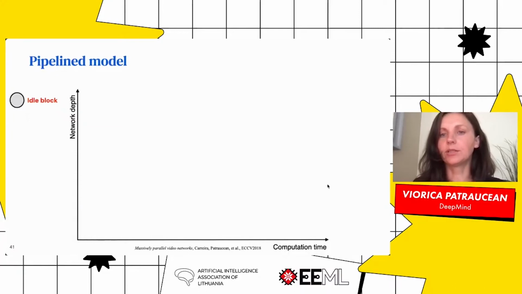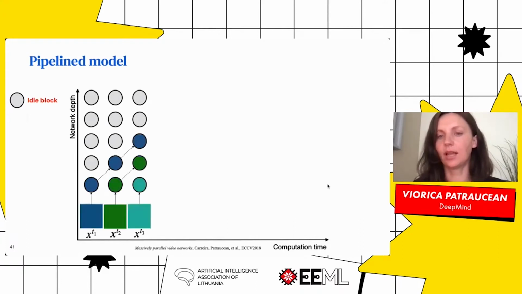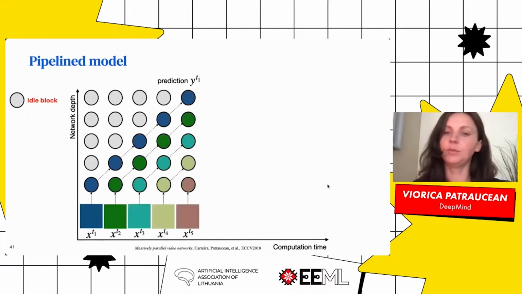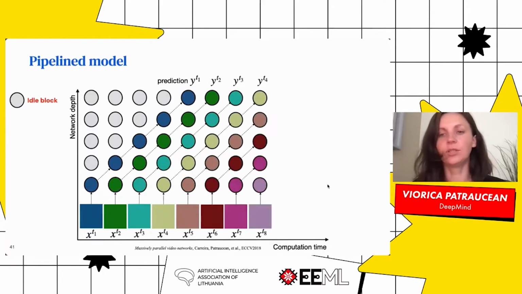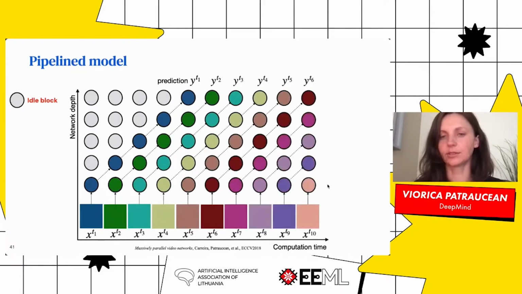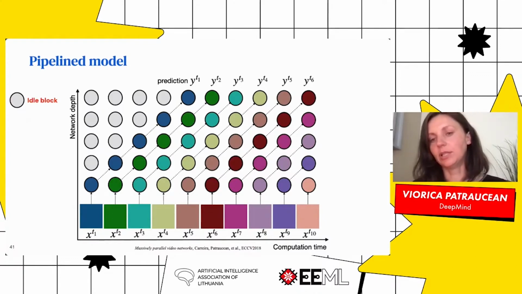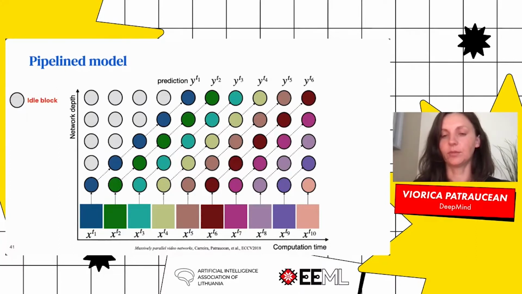So what we are proposing is to use a pipelining mechanism. As soon as a layer finishes computation, it passes the activations to the next layer, and then it can immediately start processing the next frame. So no need to stay idle until the network finishes processing that frame. By doing this, we are basically just rewiring this unrolled model, and this leads to a considerably increased throughput of the system. However, here the latency is still the same.